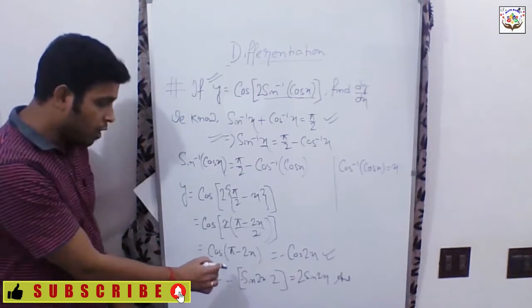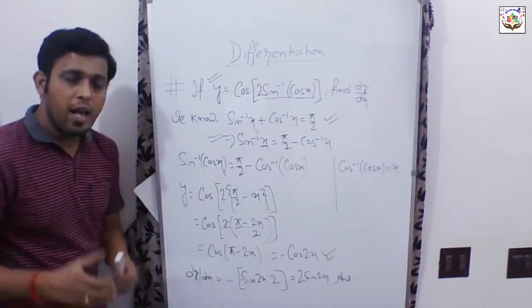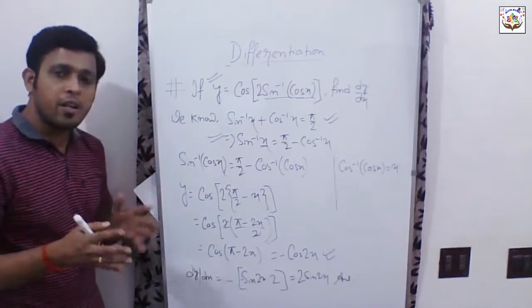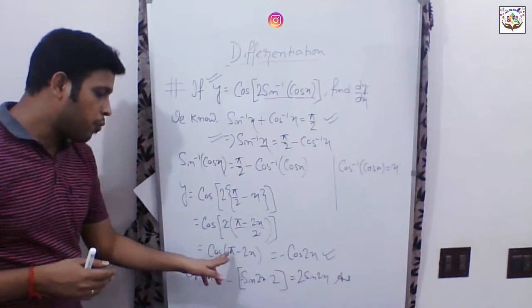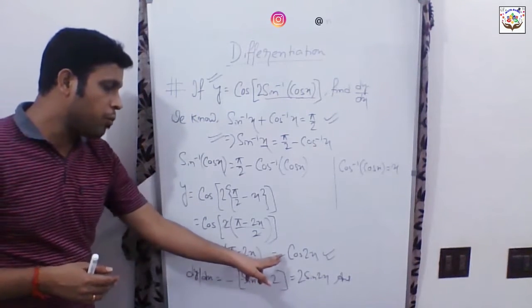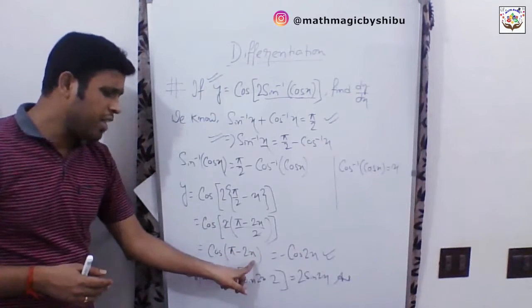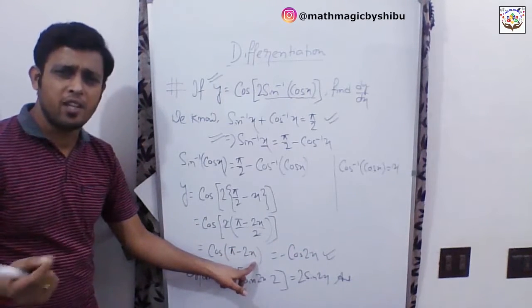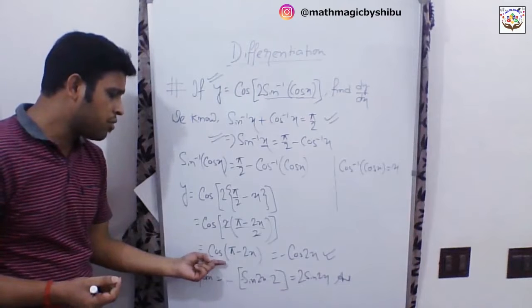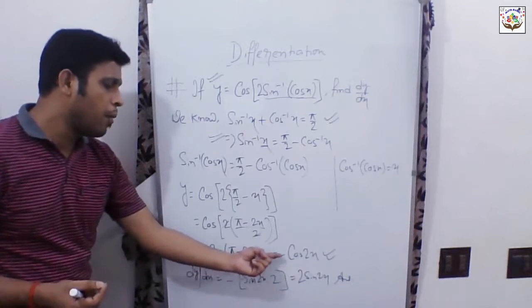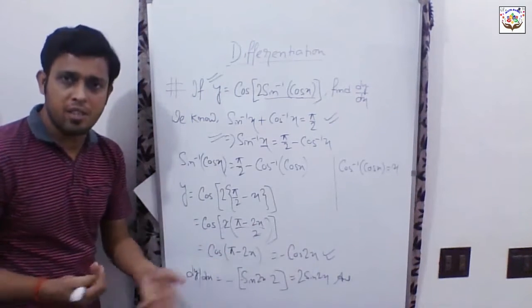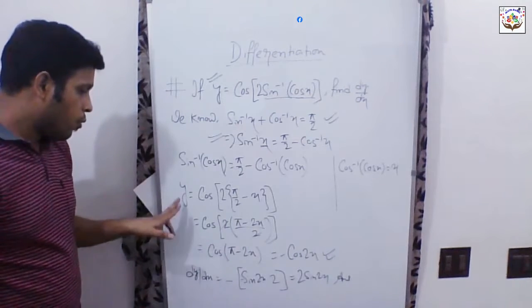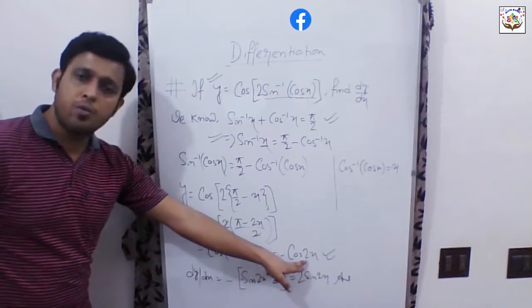Right. So, taking the normal LCM, we have cos of pi minus 2x. That means cos of 180 degrees minus 2x. And from the trigonometrical functions, we know cos of pi minus 2x equals minus cos 2x. Whatever be the angle here, 2x, x, 4x, 8x, whatever. Like if it is cos of pi minus 8x, then it would be minus cos 8x. Just like this. So now y equals minus cos 2x, we can say.